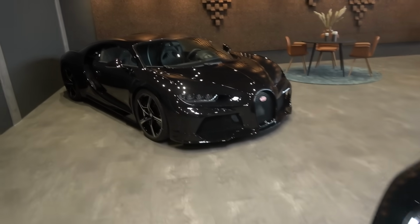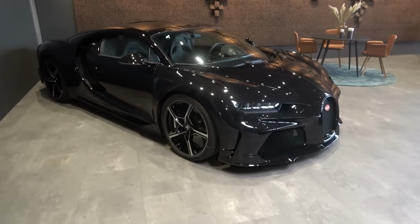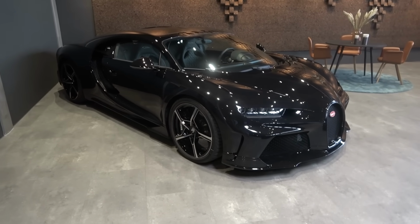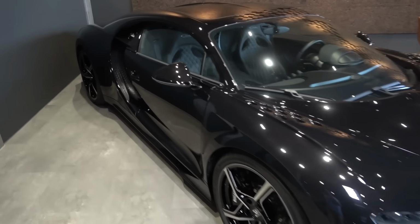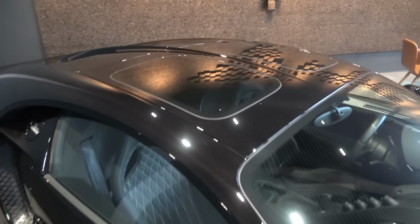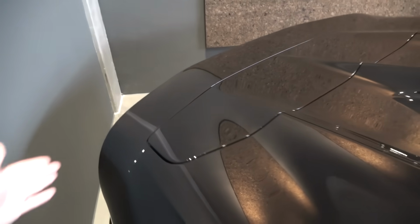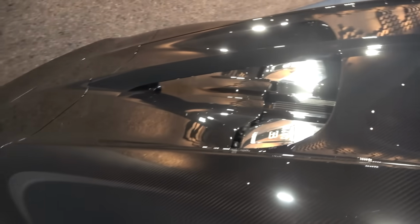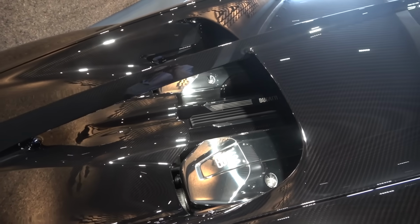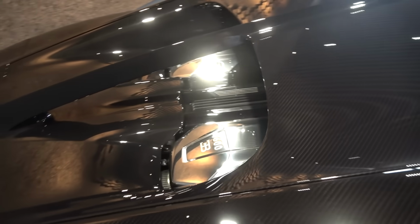If we sneak back through though, don't think I'm not mentioning this, the Bugatti Chiron Supersport. Following on from the, well, EB110 Supersport and the Veyron Supersport, Bugatti followed the philosophy with the Chiron. This car also features the optional Skyview roof panels, but the Supersport, famous for its extended tail, you can see notably the bodywork here, the way it heads back, powered again by this 1600 horsepower, 8-litre quad-turbo W16 engine, which